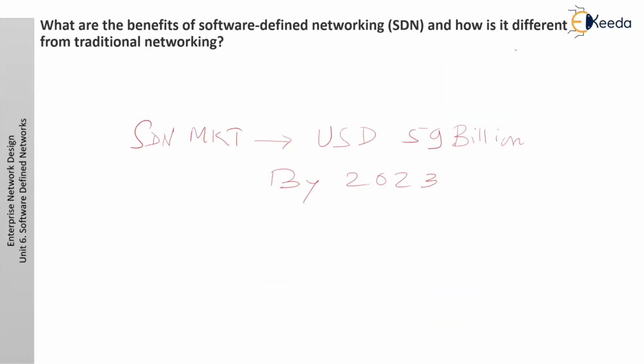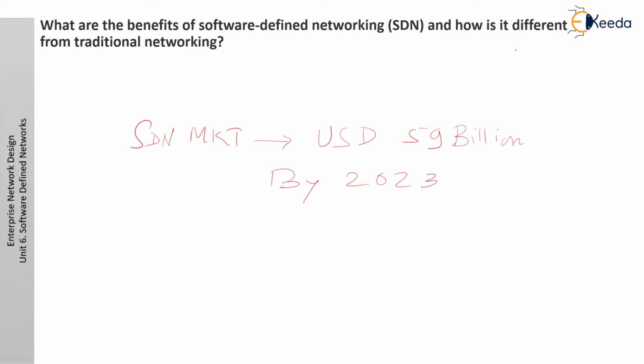Now there is a question: what are the benefits of software defined network SDN and how is it different from traditional networking? When it comes to creating their own network, every enterprise has to weigh the pros and cons of the different network types. With increased consumer demands for performance and flexibility, some cons quickly become heavier than others. Along with the growing needs of modern networks, the biggest cons of maintaining traditional networks have encouraged the dominance of